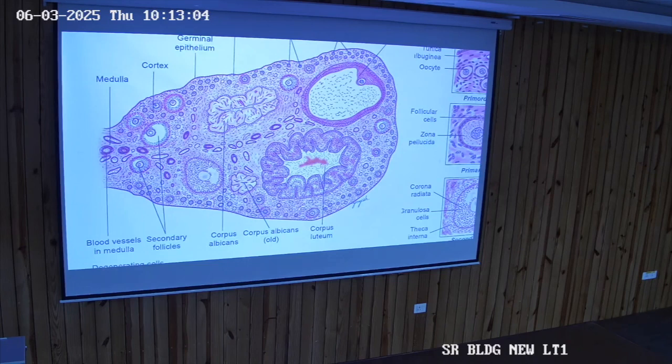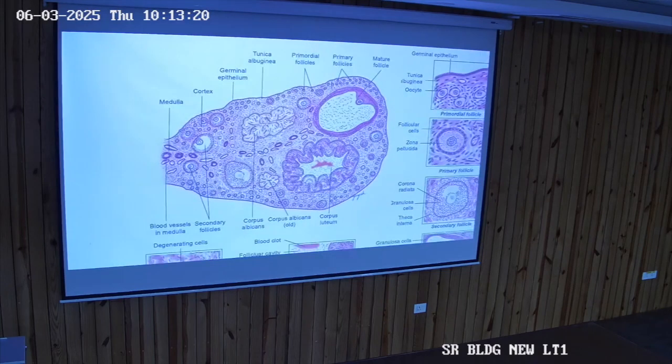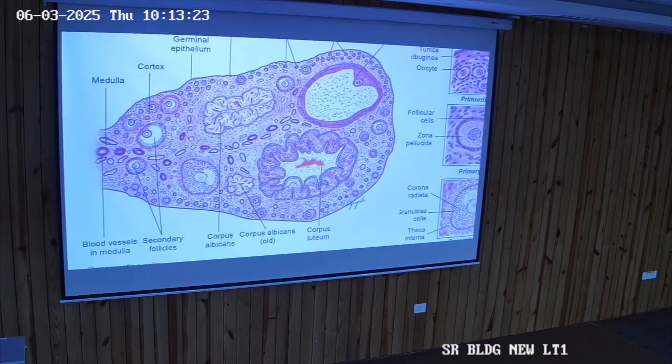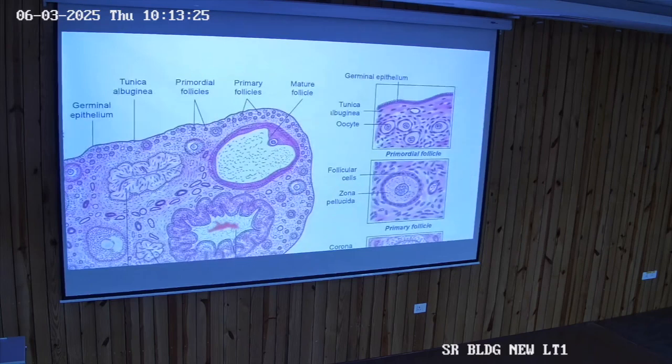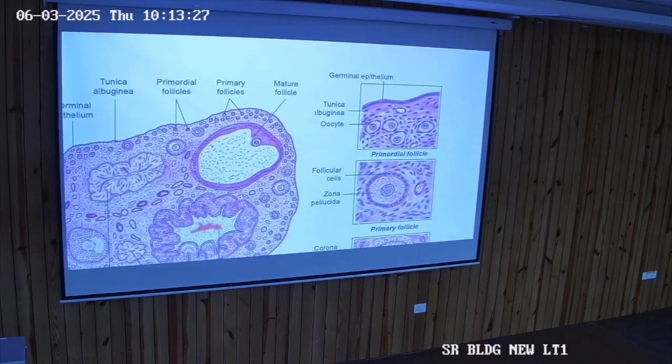Underneath that you have small follicles. You can see the sizes are very small. These are all primordial follicles, which are very small in size and are covered with flat, squamous epithelium. Then comes the primary follicle. The primary follicles become cuboidal. Though you cannot appreciate it here, you can appreciate the size and shape of the cells in this picture, that these follicular cells are cuboidal in nature.